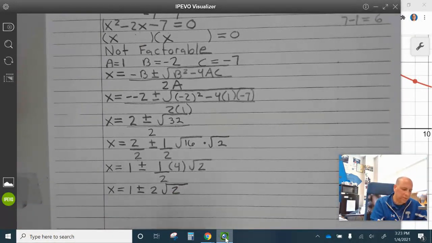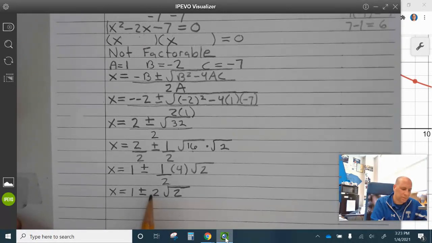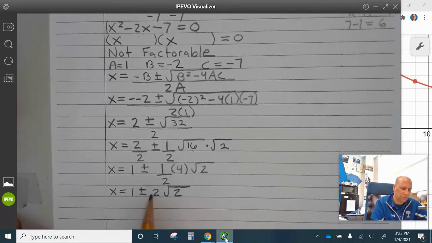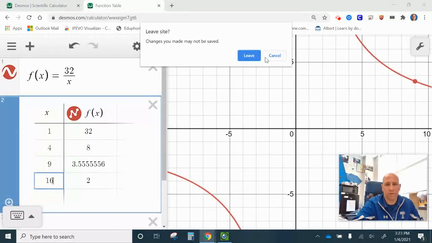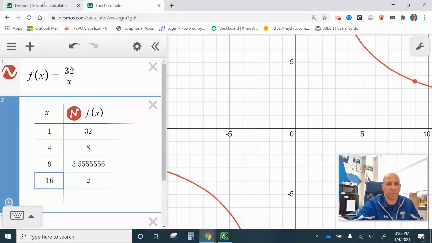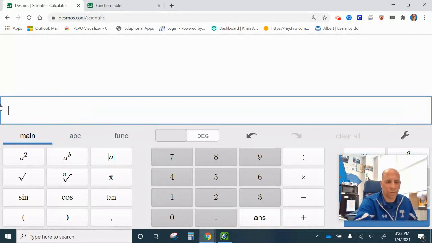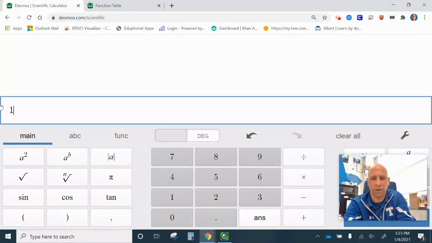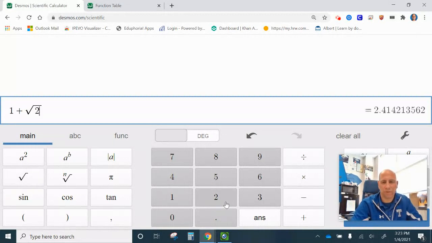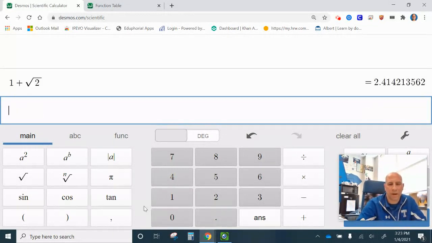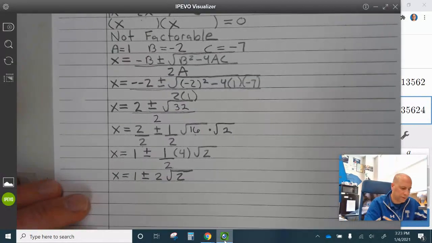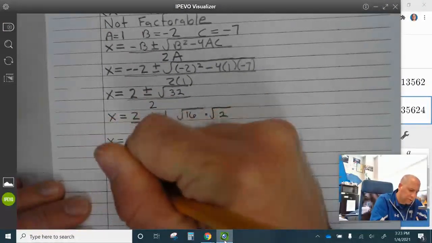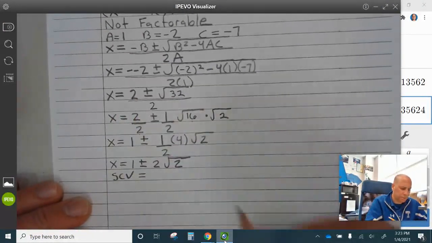Okay, now we need to see which one of those is the small critical value and which one's the large critical value. So you don't need the function table right now. Actually, I'll leave that there. So let's just see. 1 plus the square root of 2 is 2.41. And 1 minus square root of 2 is negative. So the small critical value is approximately,